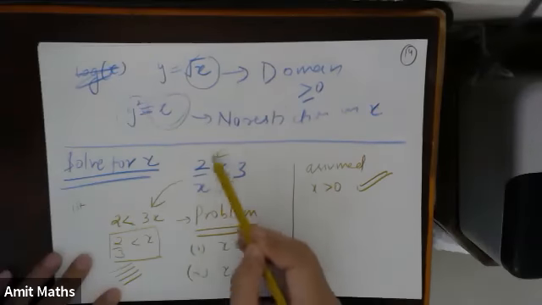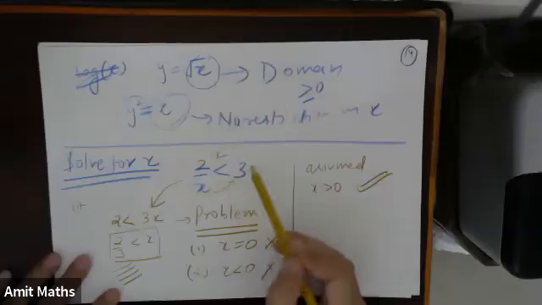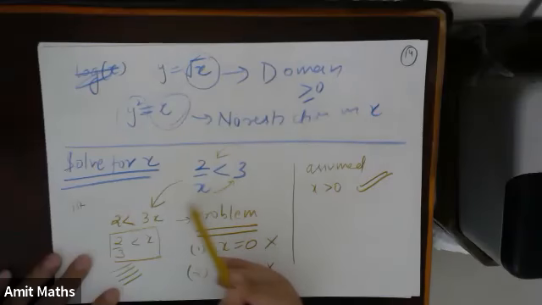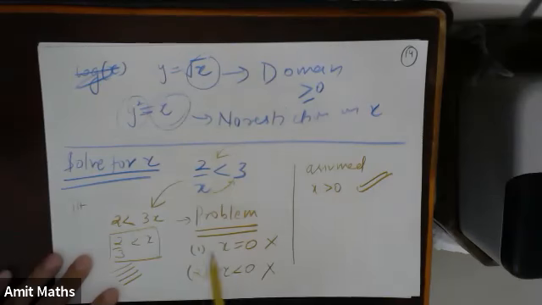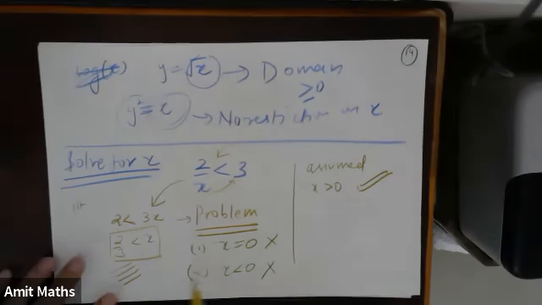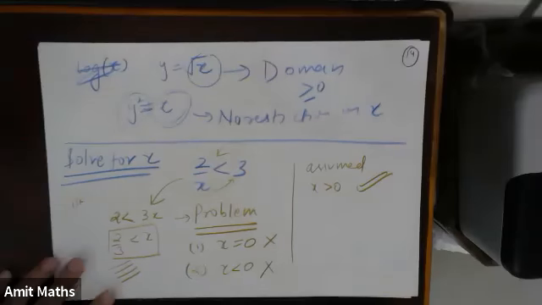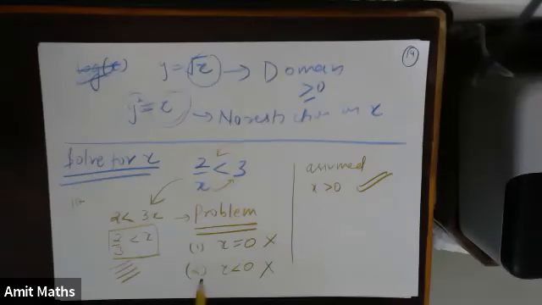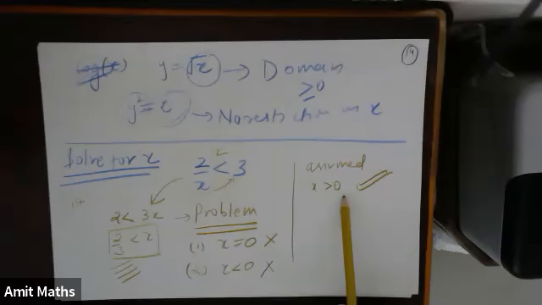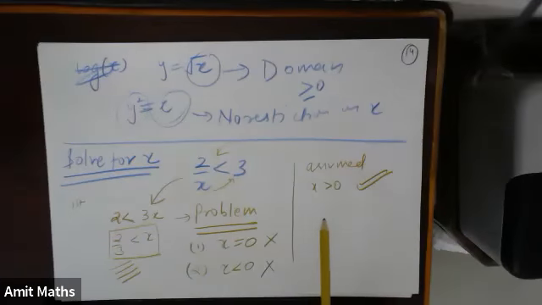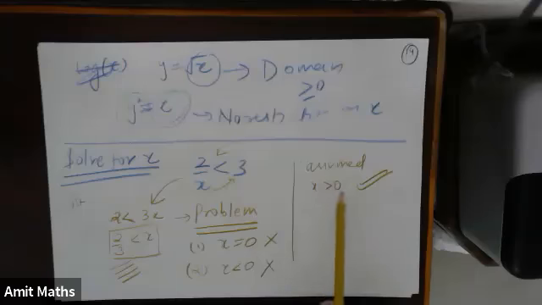Suppose x is any value which is negative. On the left hand side, we will get an overall negative sign. On the right side, we have positive. So for any value of x which is less than 0, it will be solvable, right? But if we simply cross multiply, we will not get that solution. Why are we not getting this solution? Because when we cross multiply, we have unknowingly assumed that x is greater than 0.